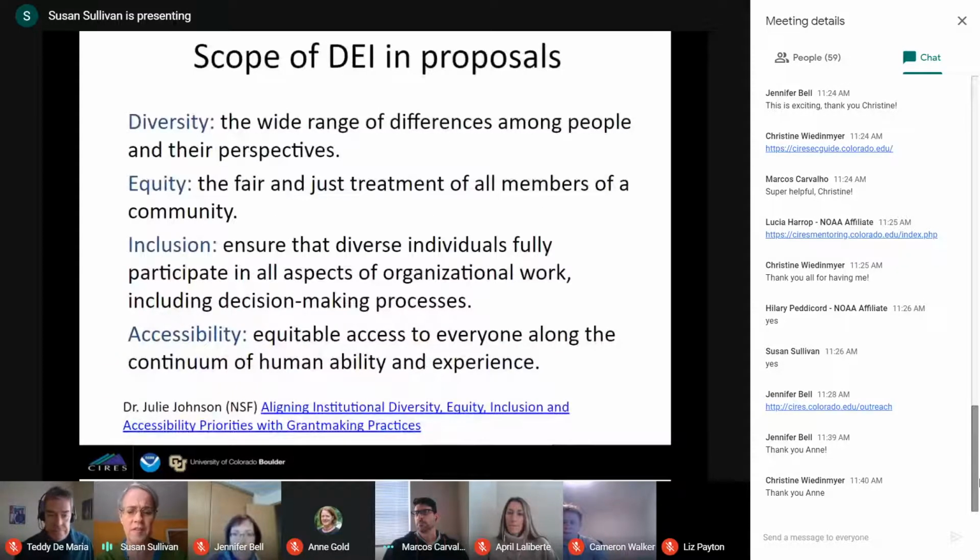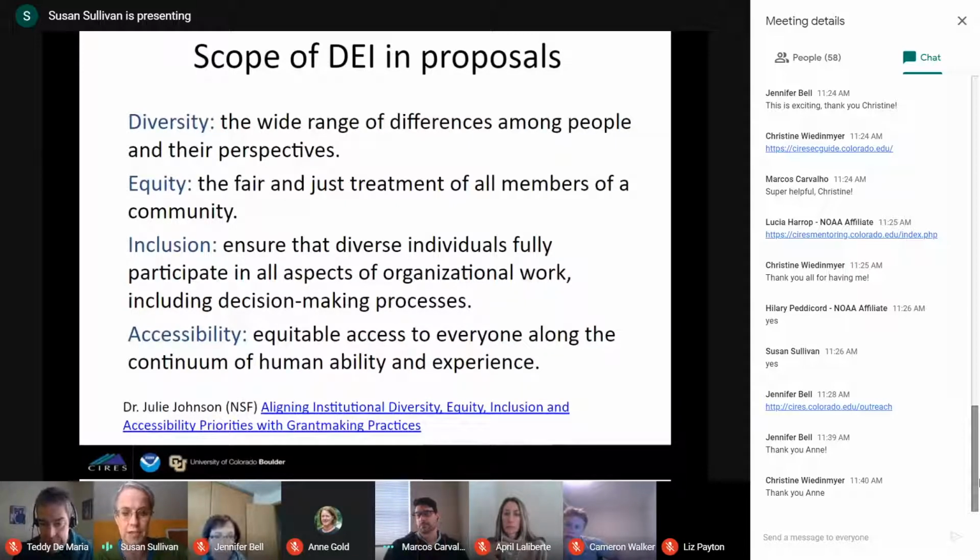So this is a slide that outlines the scope of NSF's thinking when it comes to diversity, equity, and inclusion. And this is from a workshop that Dr. Julie Johnson did as part of a project I was on. The scope of NSF interests includes diversity, and diversity refers to the range of differences among people and their perspectives.